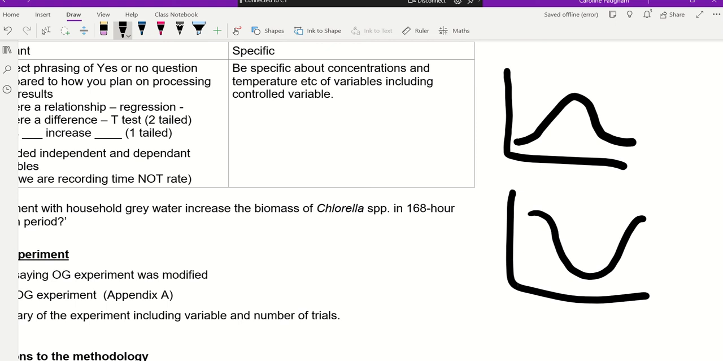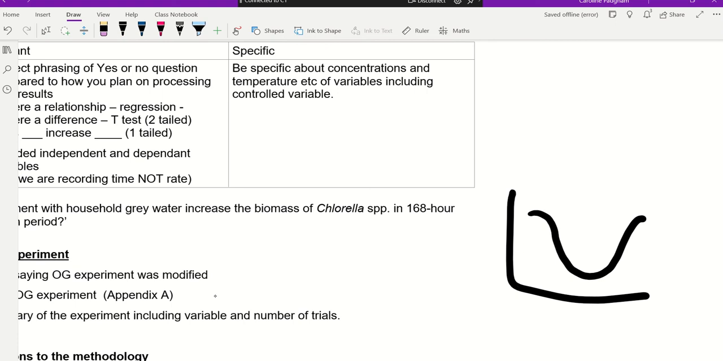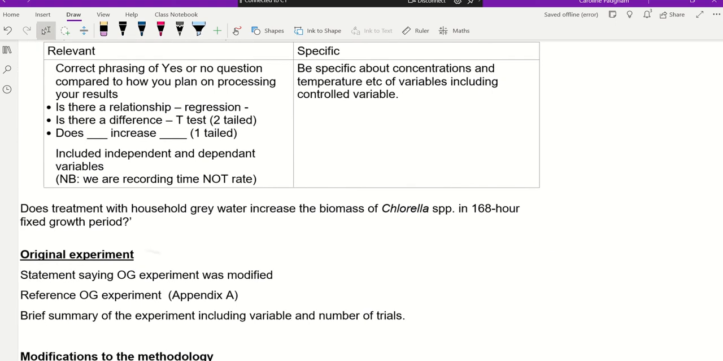Because the faster the reaction, it takes less time. Think about runners. The faster the runner, the less time it takes for them to run. So yours is going to be inverse, your graph, because we're not doing rate, we're doing time. In fact, I think I wrote that on the thing. If I go back here,